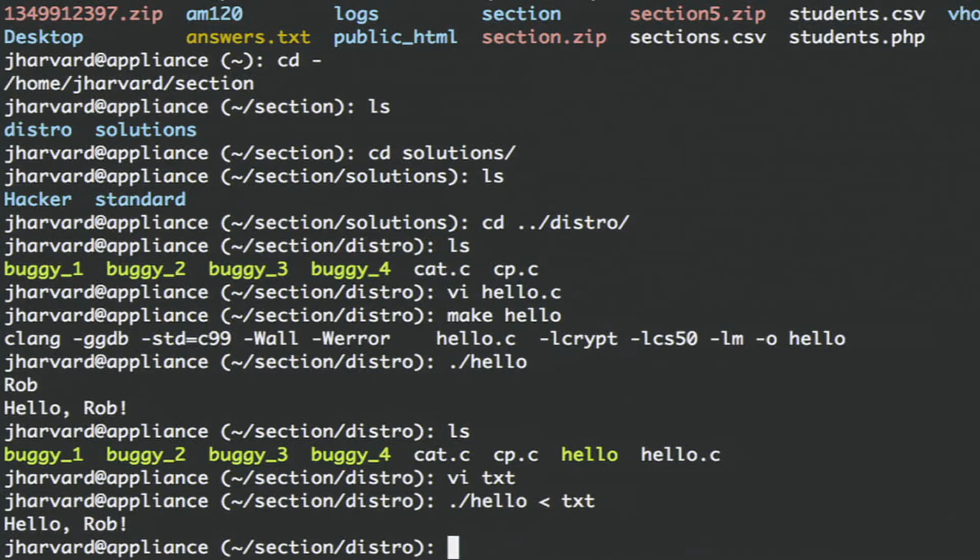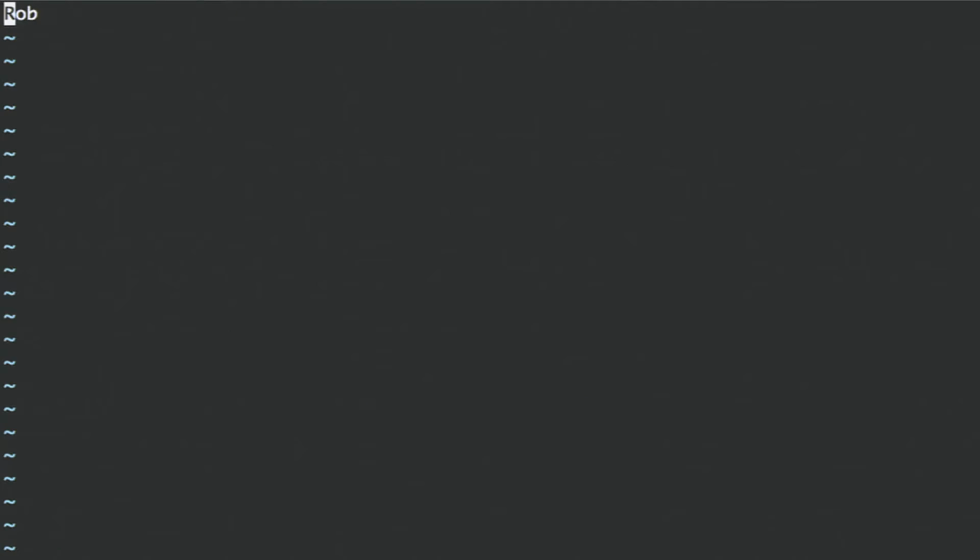When it first gets to get string and it's waiting on standard in, it's no longer waiting on the keyboard for data to get entered. Instead, we have redirected standard in to read from the file text. And so it's going to read from the file text, which is just the line Rob,